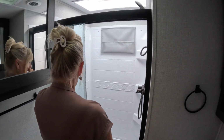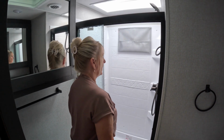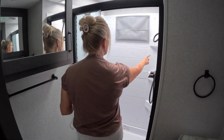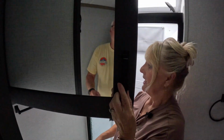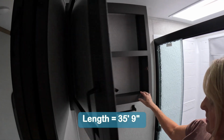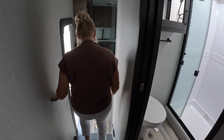Little bit smaller than ours. Shower's a little bit smaller than a 397. Yeah, I agree. Definitely. Not as deep either. But it does have the nice storage spaces. And this is a nice cabinet for towels and extra toilet paper or whatever. Nice towel rack. Then you come down the stairs